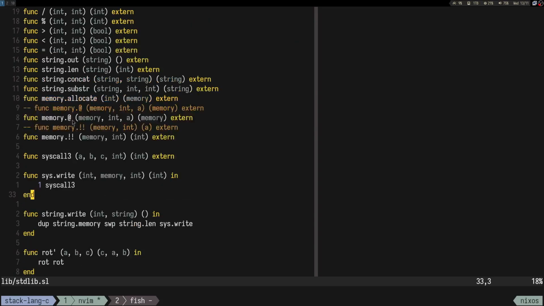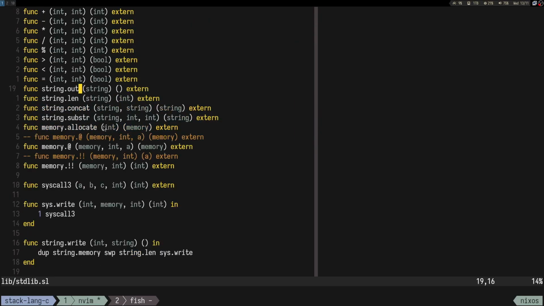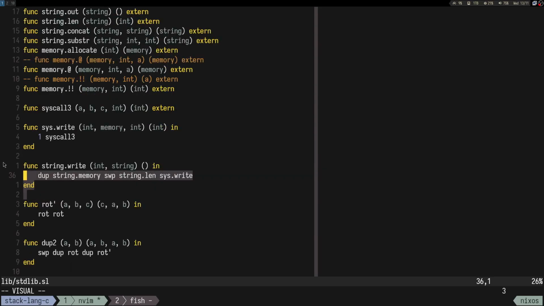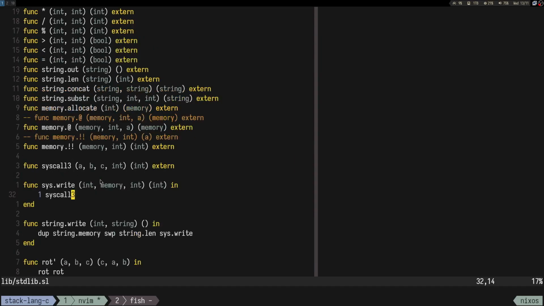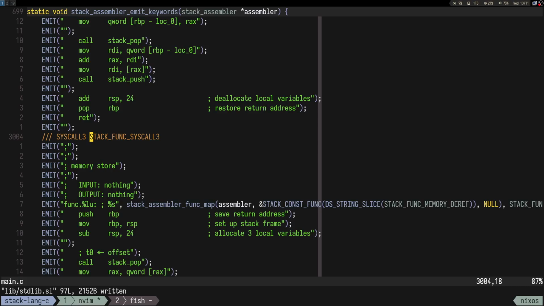Okay, and then string dot out could be defined in terms of this function, but we need this string dot memory function. Right. Okay, so let's go back to our main thing,